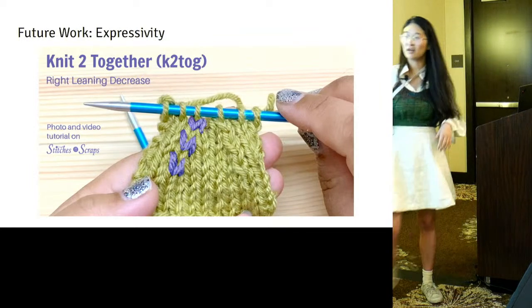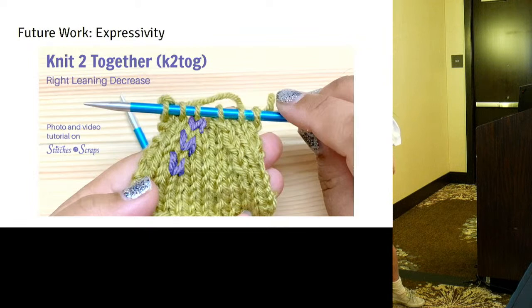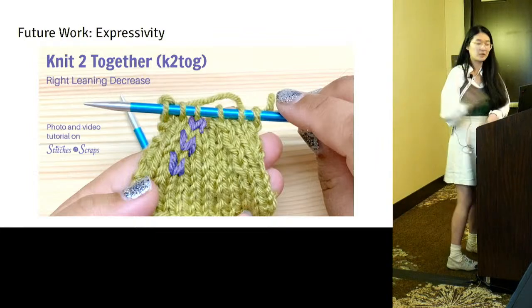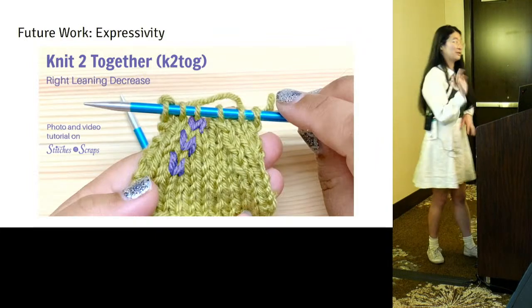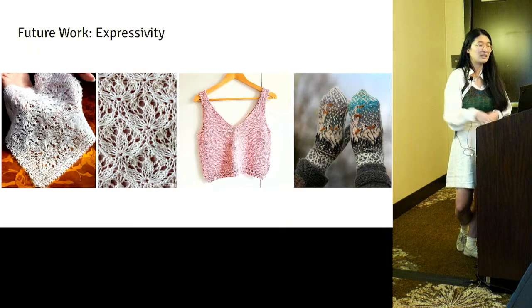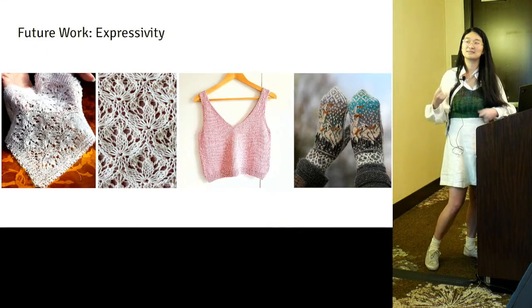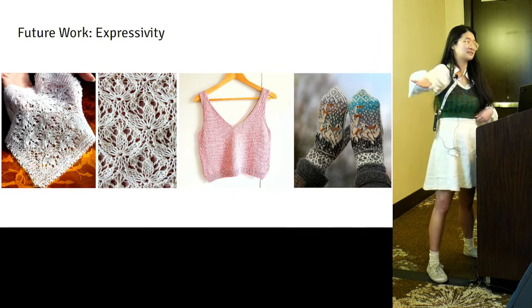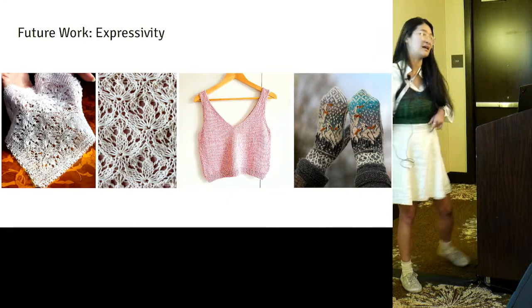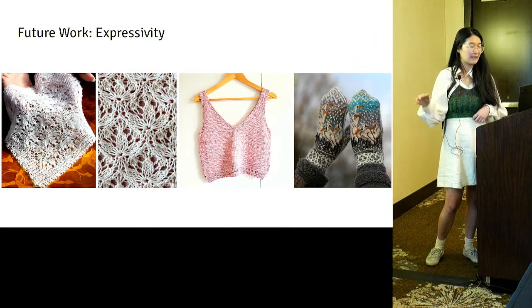You can see in this bottom one, there are two purple stitches, right? But in this bottom one, it's really hard to see what that bottom stitch looks like. So we thought it was difficult to decode in our current scheme, so we haven't supported that yet. What that means is that we're still looking forward to what kinds of solutions will be able to handle things like complex texture and shaping that relies on these types of decreases.